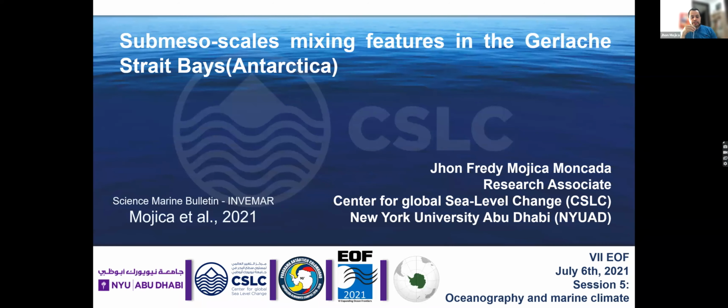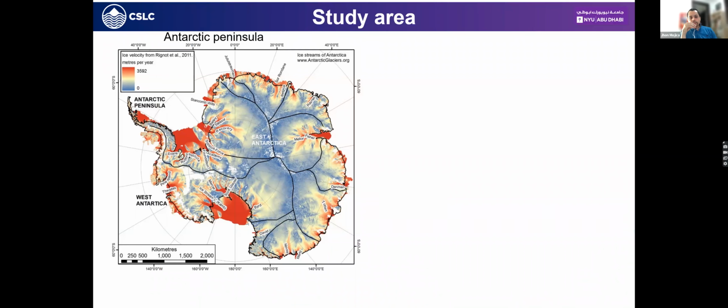Just to inform you, this is part of a publication already submitted to the Marine Science Bulletin just a couple of months ago. Well, first of all, let me start with the study area. In this case, it's the Antarctic Peninsula. And here I'm going to show you the Antarctic ice velocity map from Rignot 2011, where we identify the